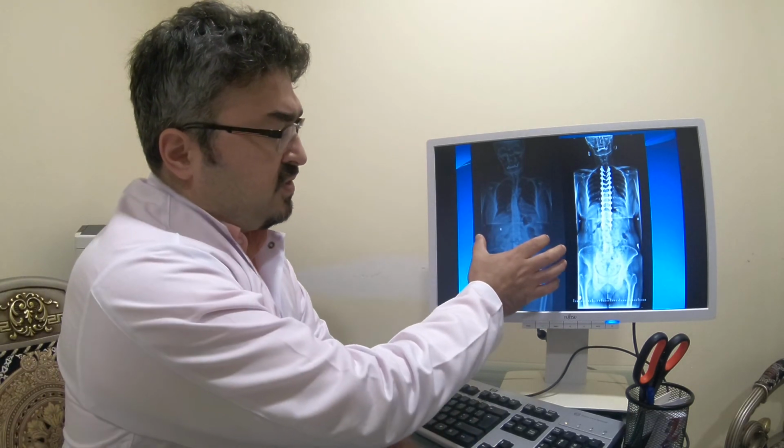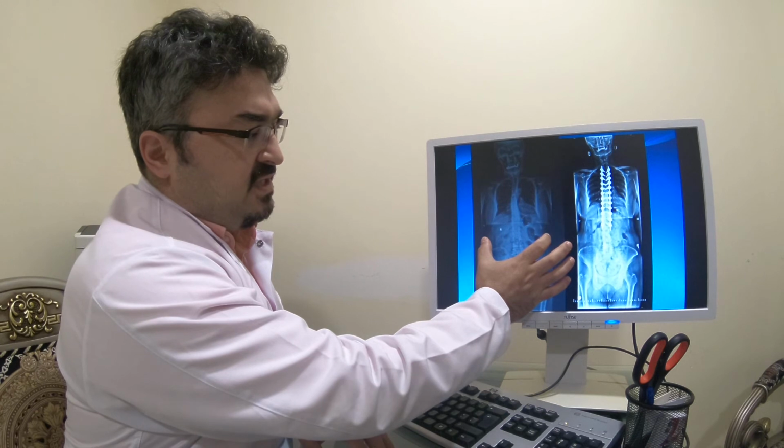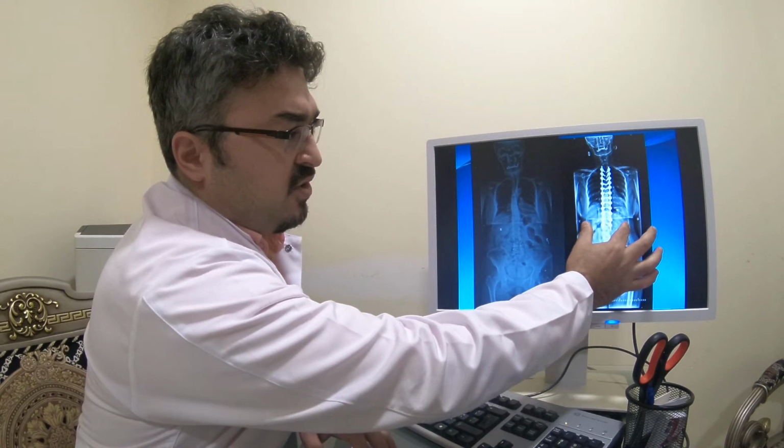And also you can see that the body is too wide in the previous X-ray and it has narrowed in